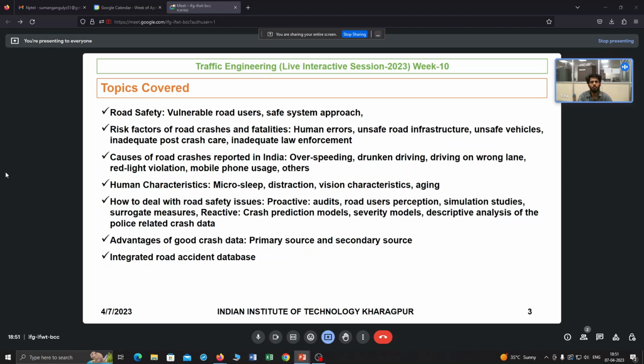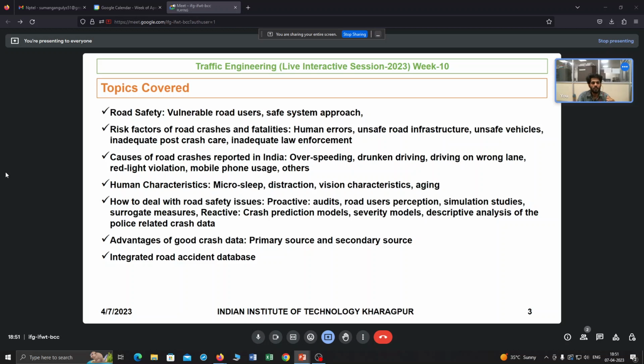One of the examples could be that suppose there is a school nearby, but you did not use proper traffic signs so that people can reduce their speed. Or maybe you suddenly say reduce to 30, when you have to give sufficient warning distance away: school ahead, then reduce your speed to 30 within 500 meters, and so on, in a proper manner, right? Maybe that is not there, so it may lead to accidents.